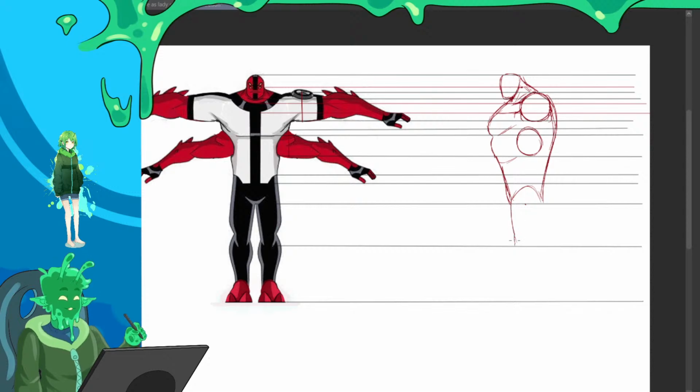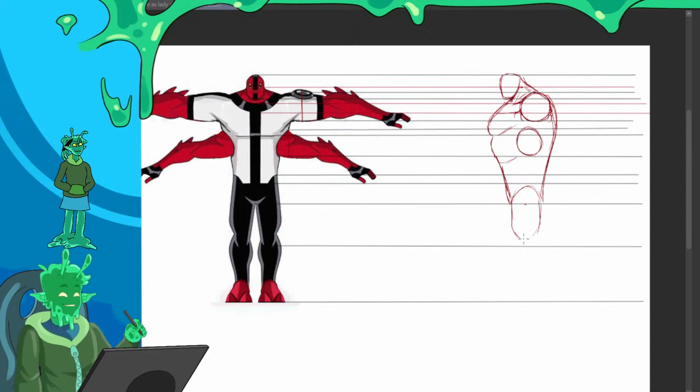And that's the bottom of the knee. So to work a whole upper leg in there.